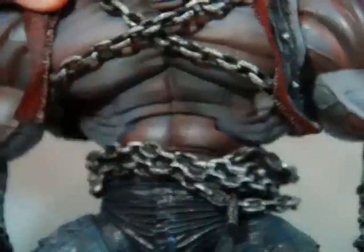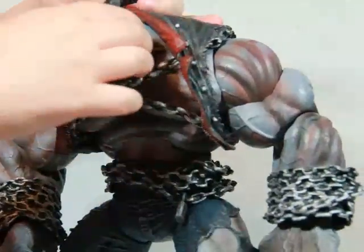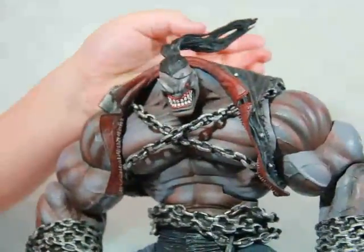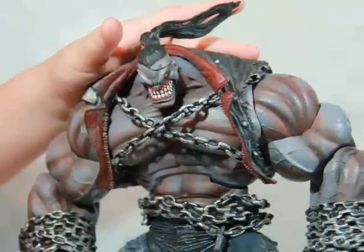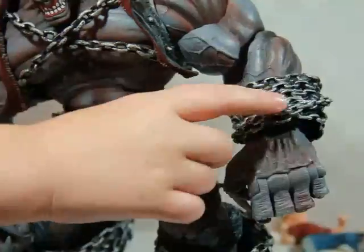I turn his waist, oh, we're just holding his entire view, because he's very back heavy. If you see this ponytail popping out in this entire view, I'll find a way to get way back in there. Nice detail, you can see his chains. If you take off those chains,